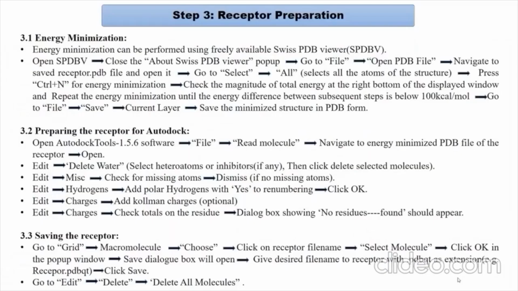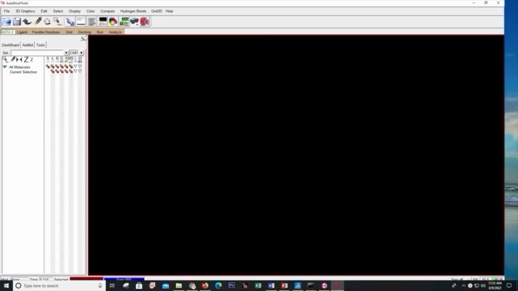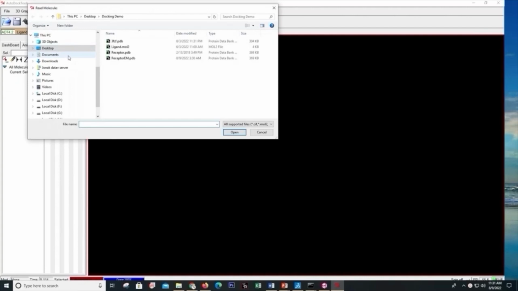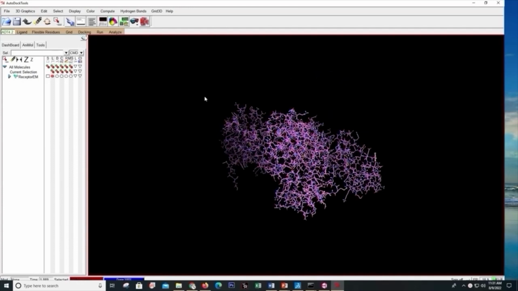and after the energy minimization of the receptor, we need to prepare this in Autodock. So we will open Autodock now. Now we will open our energy minimized receptor in Autodock. We will go to File, then Read Molecule, and then we will select the energy minimized receptor from the same folder. So I will select this receptor em.pdb and open it. So the receptor will be displayed on the Autodock window, and then after that we will go to edit, and then we will delete water so that all the water molecules are deleted, and it will not interfere in the